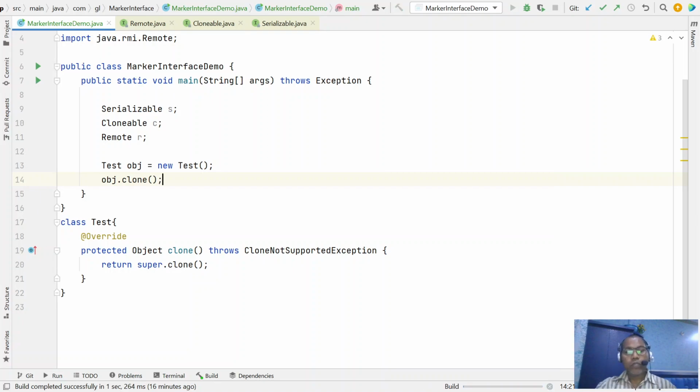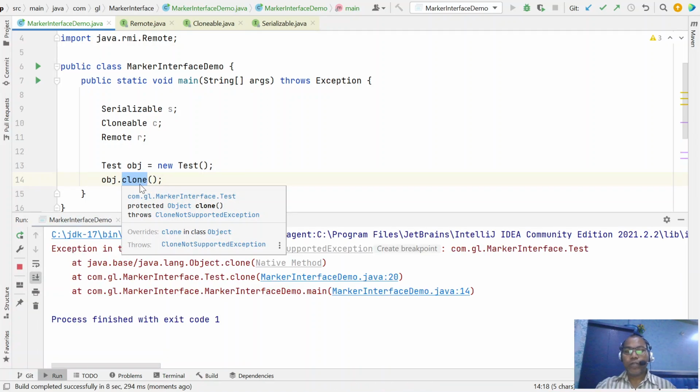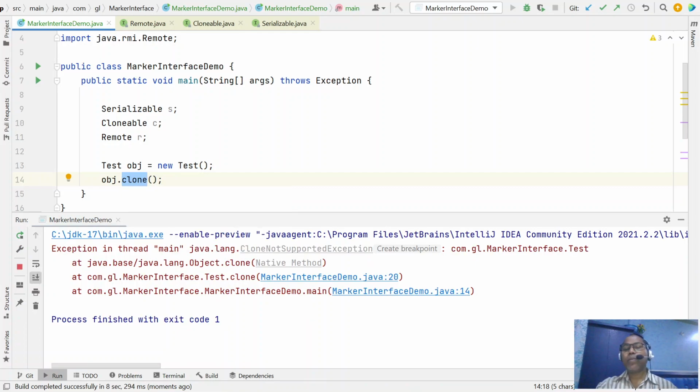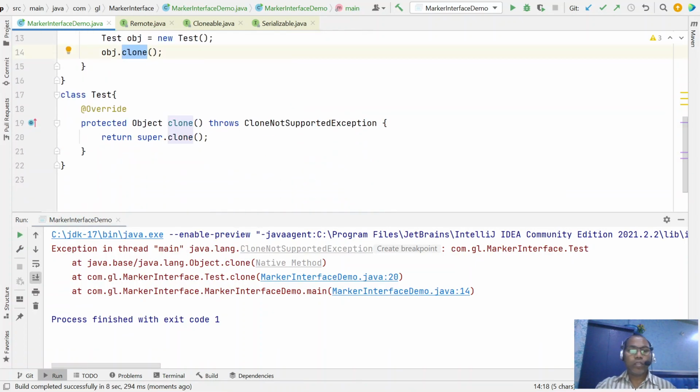As per the marker interface, we have defined this clone method, and anyone who invokes the clone method of an object must have implemented the Cloneable interface. But this class does not implement the Cloneable interface, so the JVM shows some special behavior.